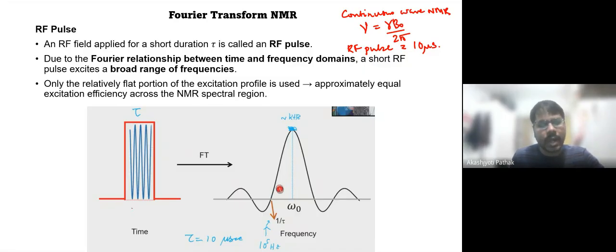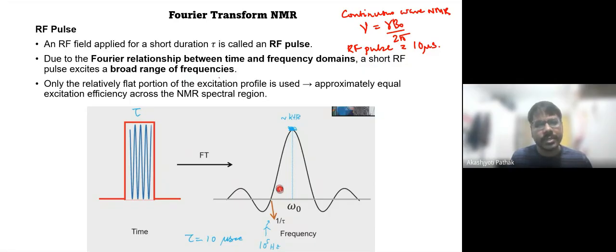So you can see that for a very short time tau, we are applying a particular radio frequency, and this radio frequency which is applied for a very short time tau is called an RF pulse. Due to the Fourier relationship between the time and frequency domains, a short RF pulse excites a broad range